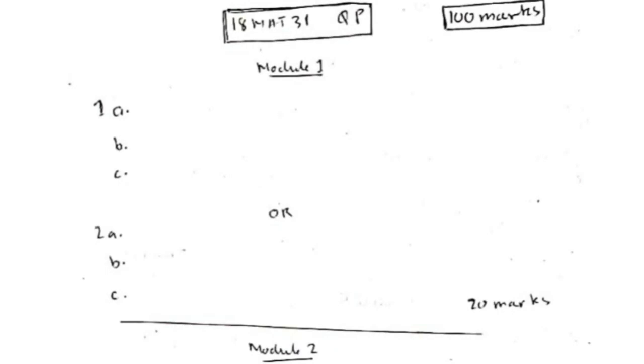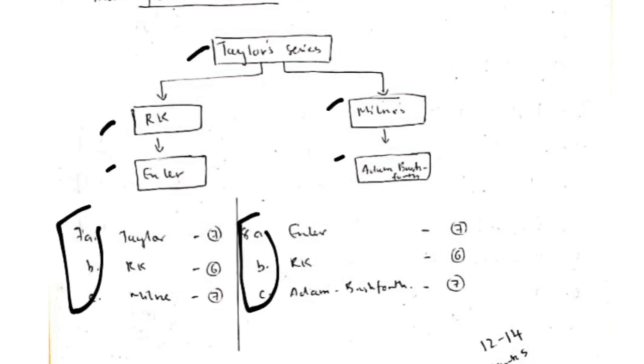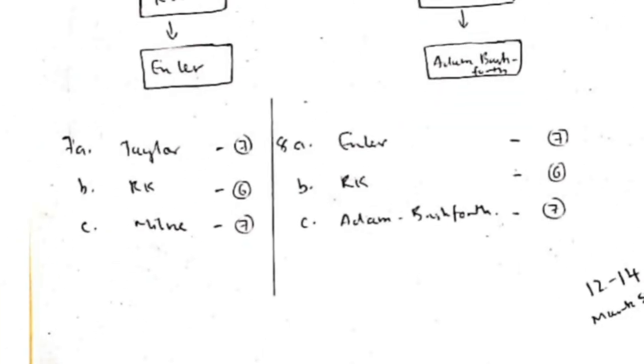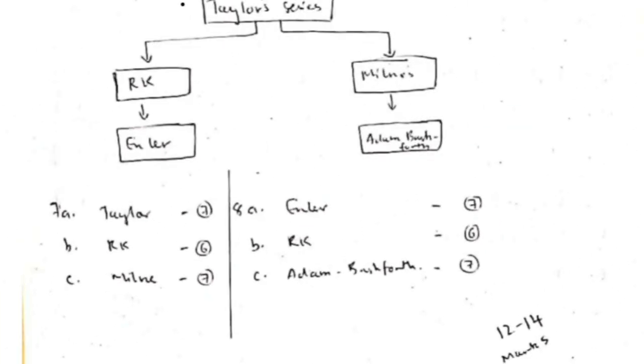Hello everyone, this is the question paper pattern, and from each module we will have 20 marks. See here, in module 4 we have 5 topics, and in the question paper we will be given 6 questions. Okay, so one of the topics will be repeated. Any topic can be repeated.